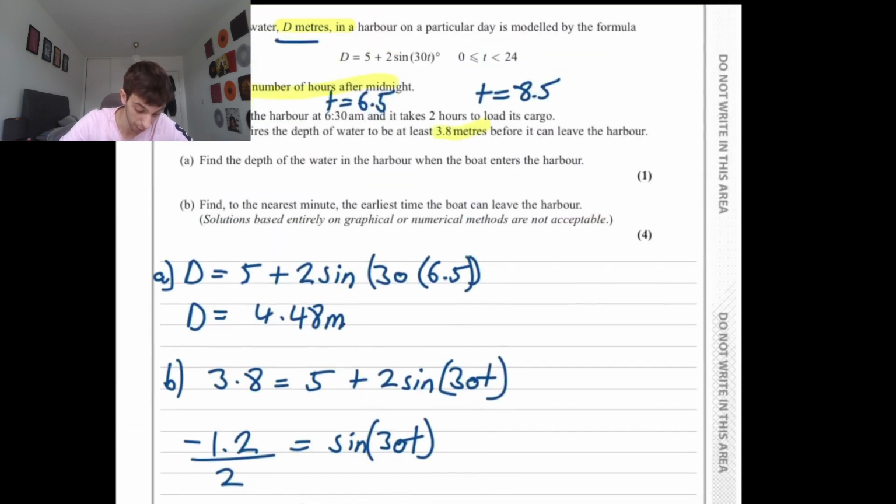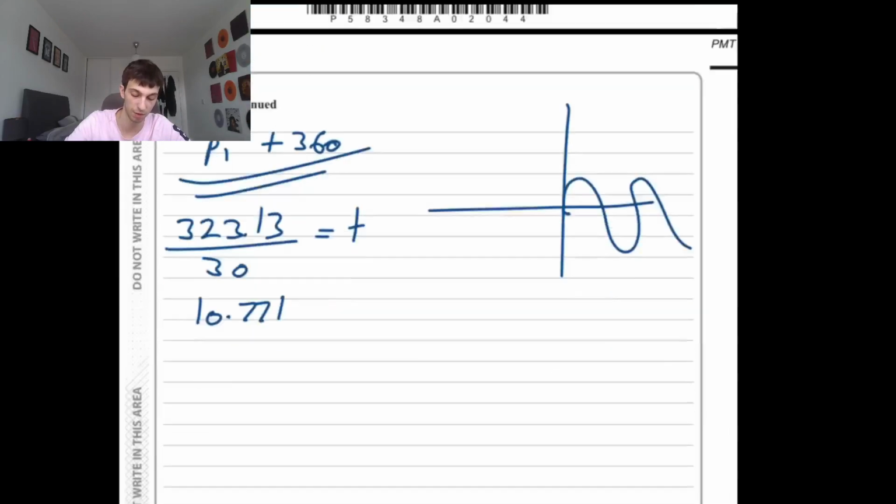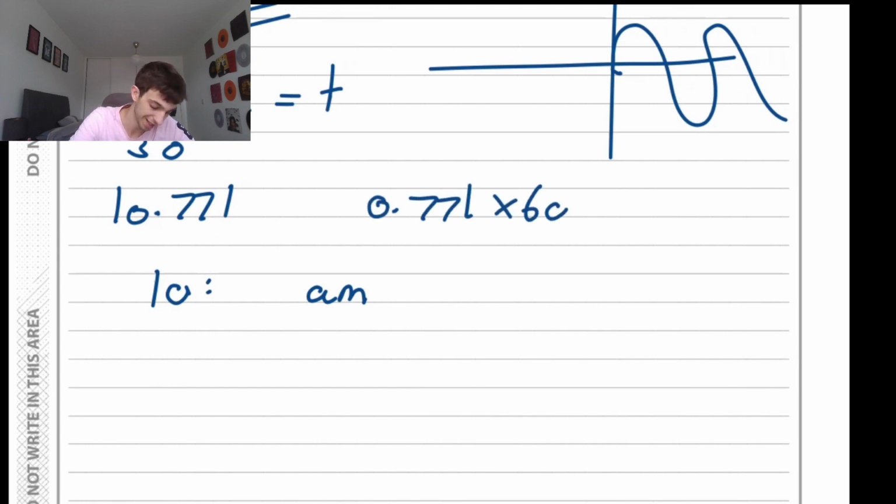But looking back up to the question, they want us to find the time to the nearest minute. So they don't want the number of hours after midnight. They want the time to the nearest minute. So we know we're going to have 10 something a.m. And then taking away 10 from 10.771, we get 0.771. So we do 0.771 multiplied by 60 to get it into minutes. And this will give us